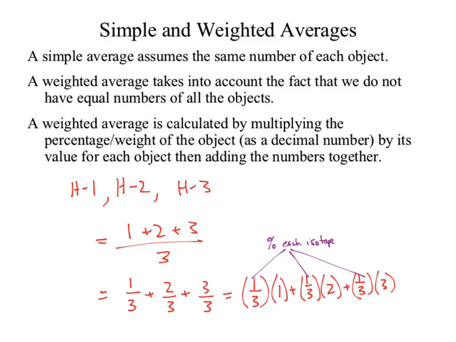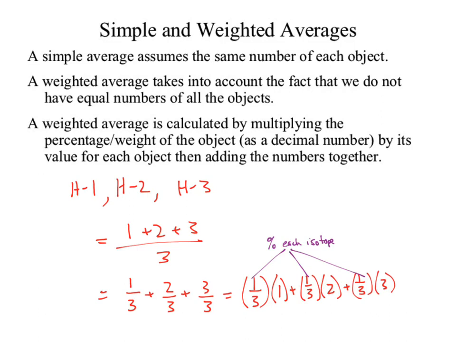So in our calculation of determining the average, we factored in and said that the percent of protium was 33%. The percent abundance of deuterium was 33%. The percent abundance of tritium was 33%. We said they were all equivalently weighted. And if they're all equivalently weighted, we get 2, which is not what's reported on the periodic table. Okay? So what we've done is kind of broken down the average calculation so that we can see the component